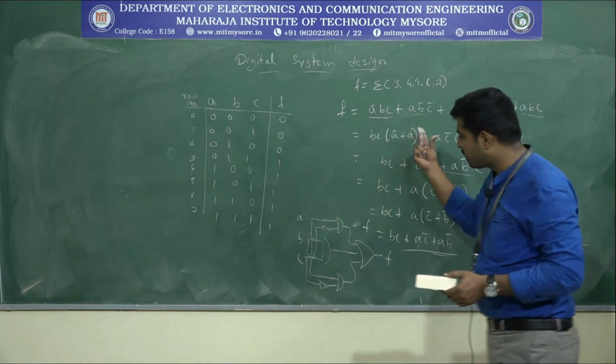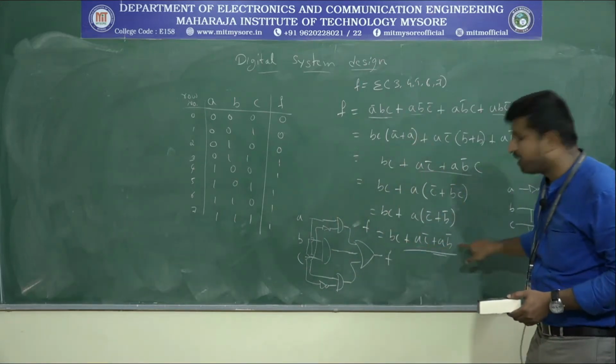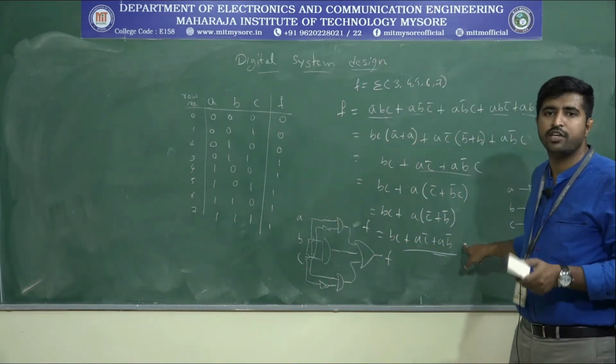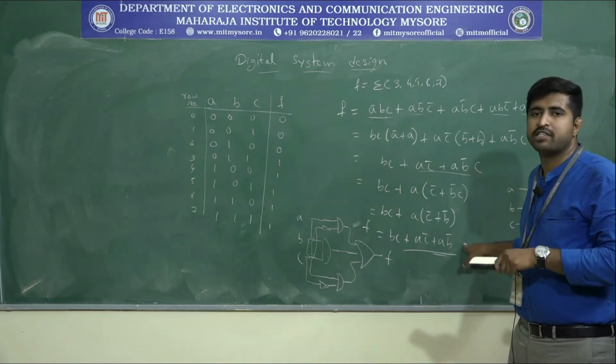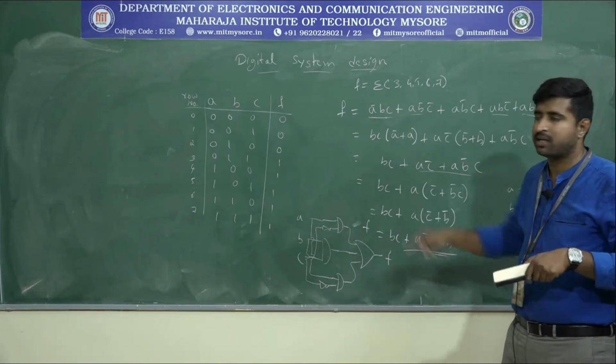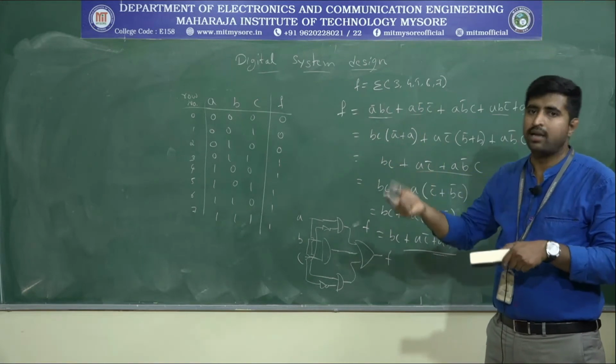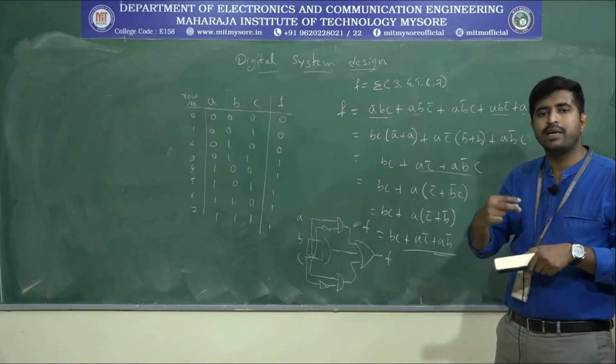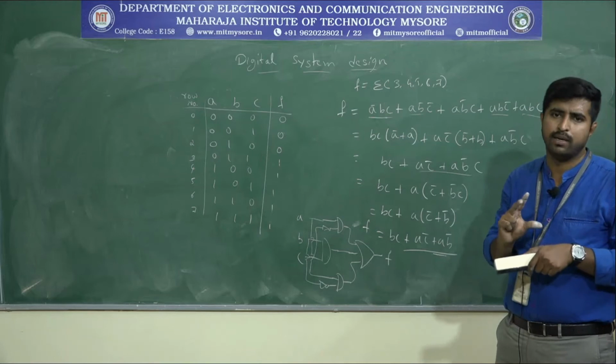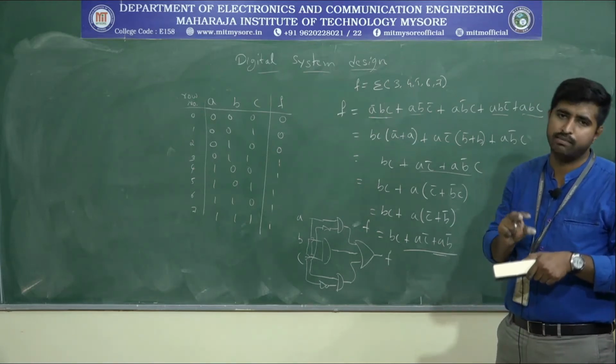Instead of that, we can reduce the hardware by using the simplified equation. So that's why we need to go with the simplified equation in our design task. The problem statement, the truth table, the switching equation, and then we need to simplify the switching equation if possible. It is always better to simplify this equation.